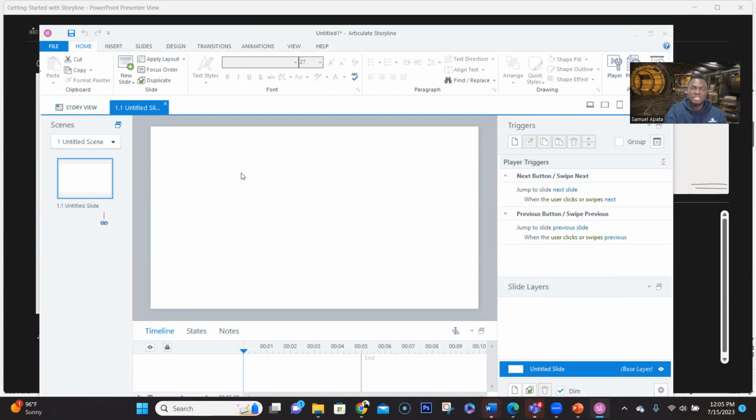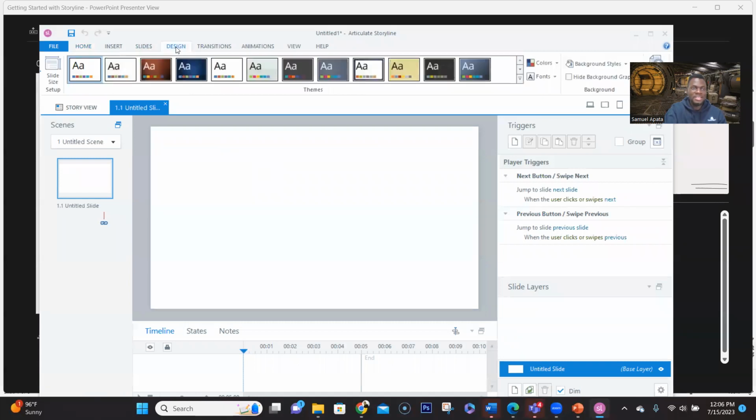So in your new project, think of this as a canvas, right? Here's your stage. Here's where all the magic happens. Here's where you want to add all of your content, right? So the first thing that you do, or in most cases, you would consider, is to change the slide size. So let's say you're not comfortable with this size. You can go to design, go to slide size,